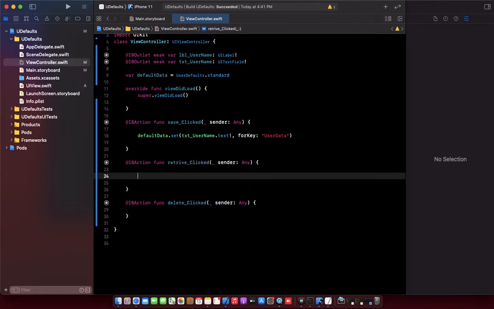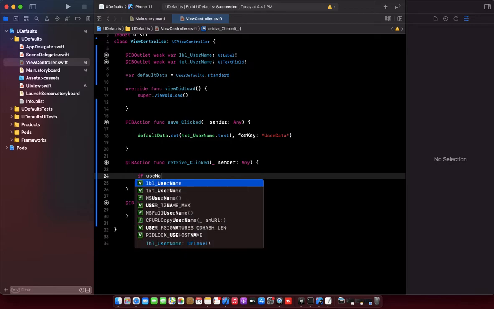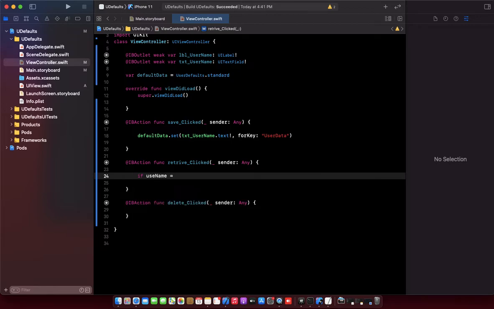Now we have to retrieve this as well, and it will be called username.